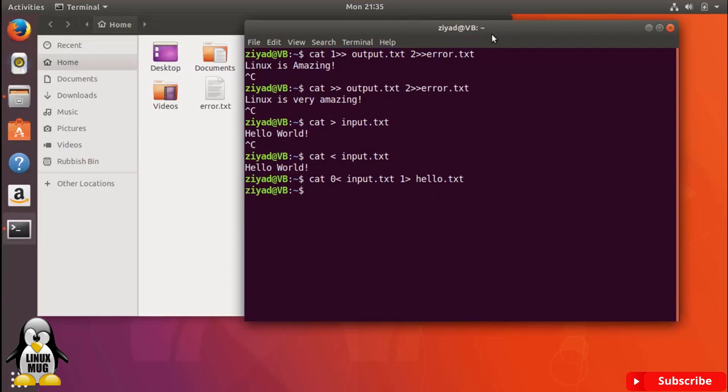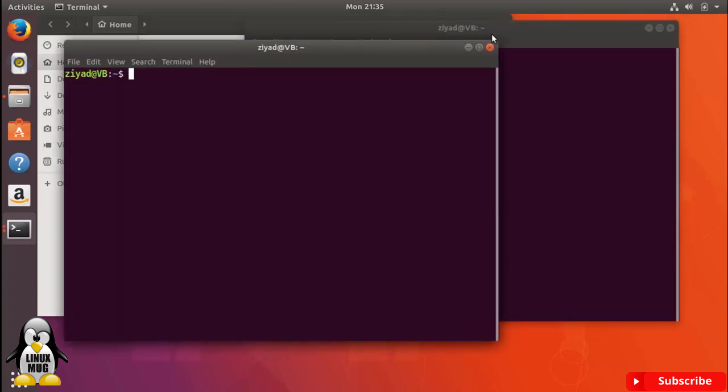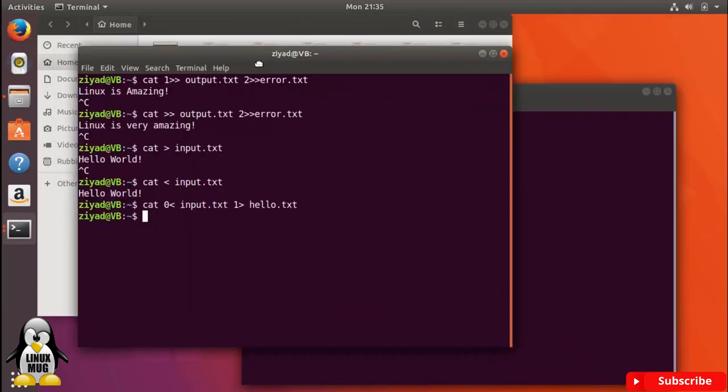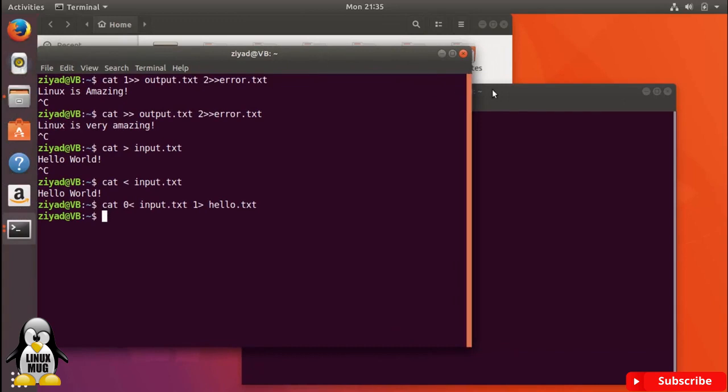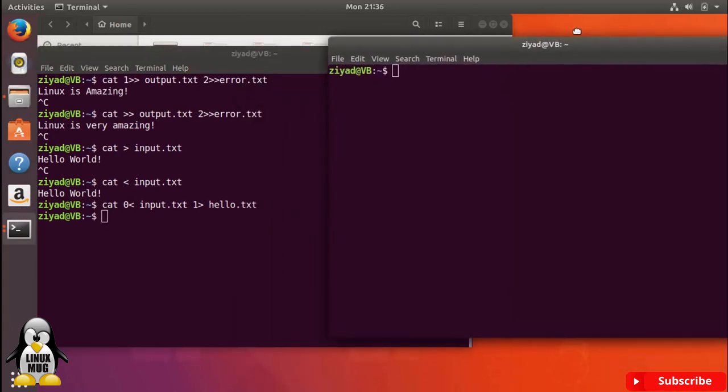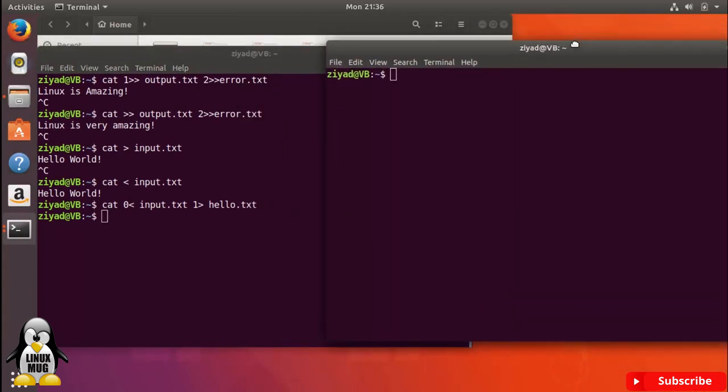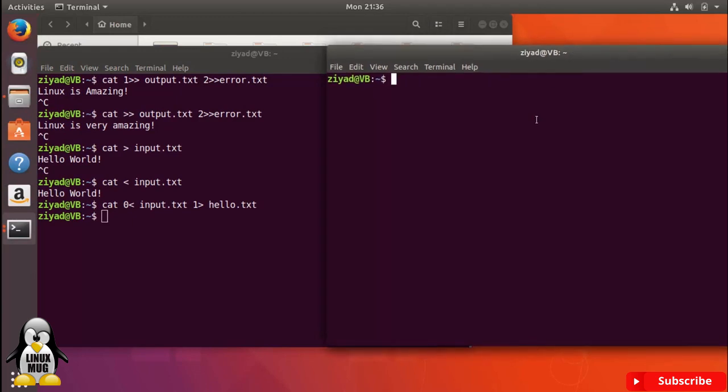Now, here's one more mind-blowing thing. Everything in Linux is actually treated the same as a file, even terminals. So let me open up another terminal. I'm going to use the shortcut Control-Alt and T, and I'm going to open them right next to one another. So I'm going to put one over here, and I'm going to put one over here. Okay. Now, in the other terminal, this new one on the right, I'm going to run the tty command. Now, the tty command will actually tell us where this terminal is located, where on the file system it is. And we see it comes back with